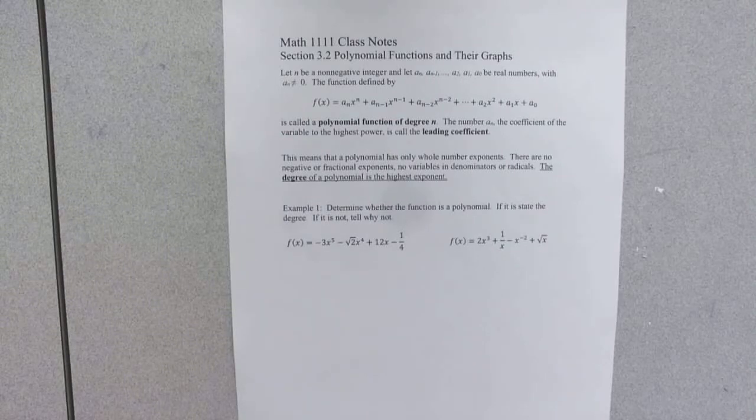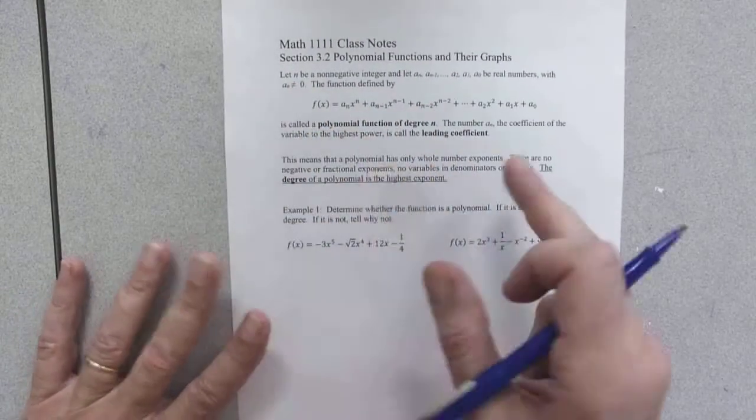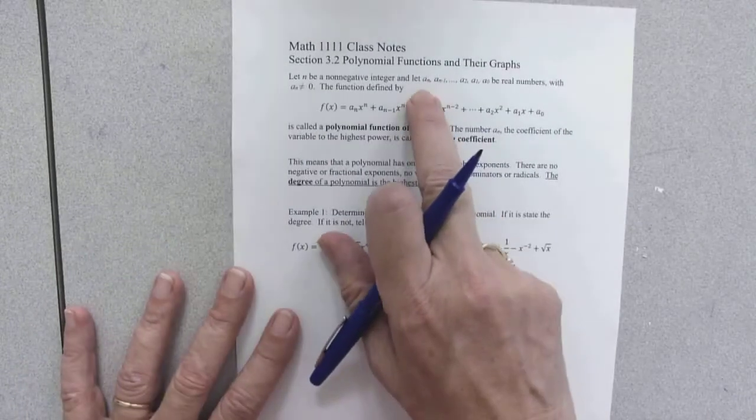Section 3.2, polynomial functions and their graphs. In the last section, we studied quadratic functions, and the graph there was a parabola. Well, a quadratic function is also a polynomial function. So we just studied in 3.1 a very specialized case of polynomial functions. Quadratics are polynomials. But now, being a little more general, let n be a non-negative integer and a sub n,